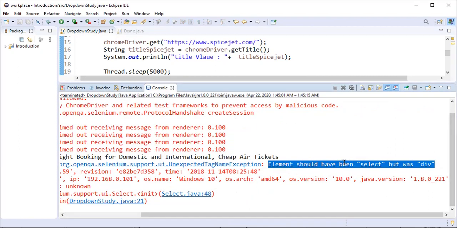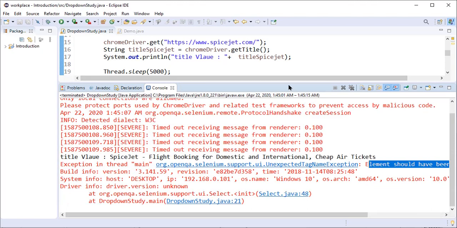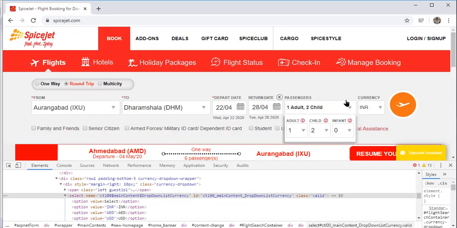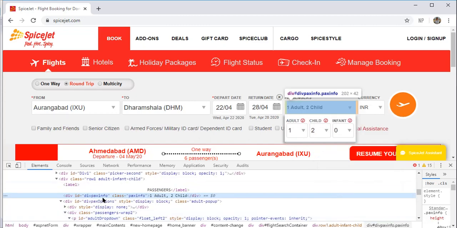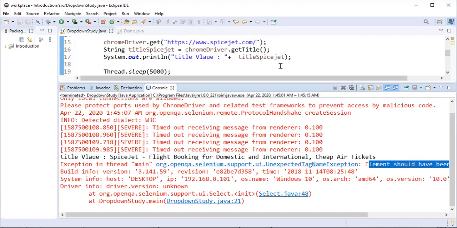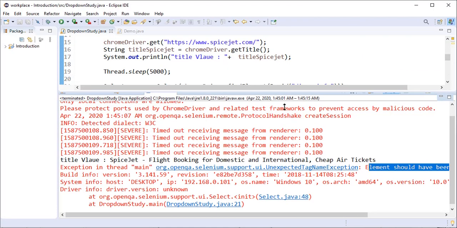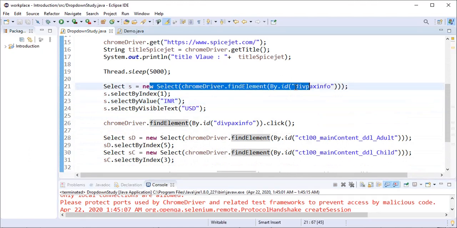It should be select, but we are giving a div. So this type of exception we will get. Suppose you think this is a drop down, and you are assigning this div value to the select tag. Over here you will get this type of exception, because it is expecting an element which is of type select, because this is a drop down.